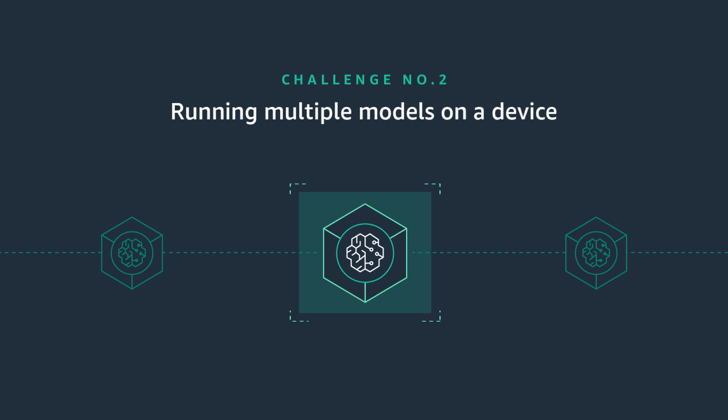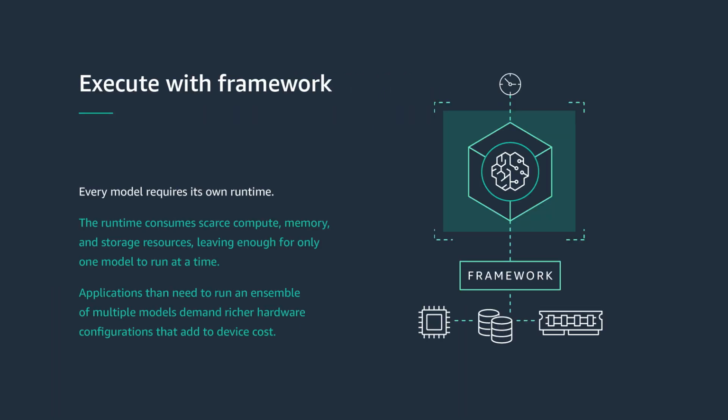This brings us to the second problem. Many machine learning applications need to run more than one model at a time. For example, that delivery robot needs to run a perception, navigation, and control model all working together in order to navigate its environment. For complex use cases like this, you need to be able to run several models in series or in parallel,